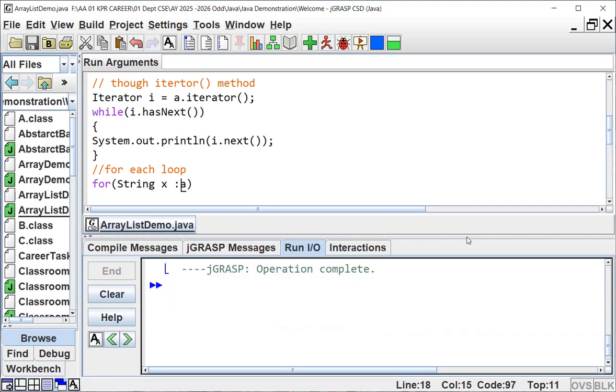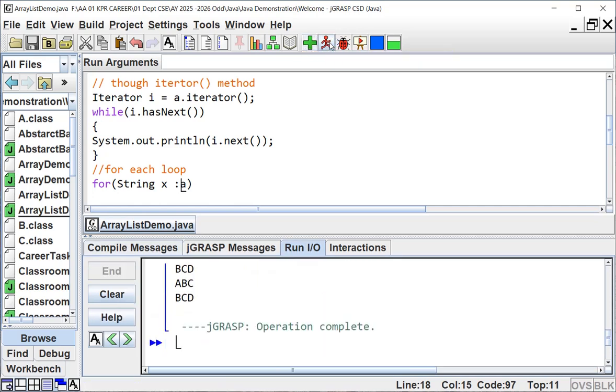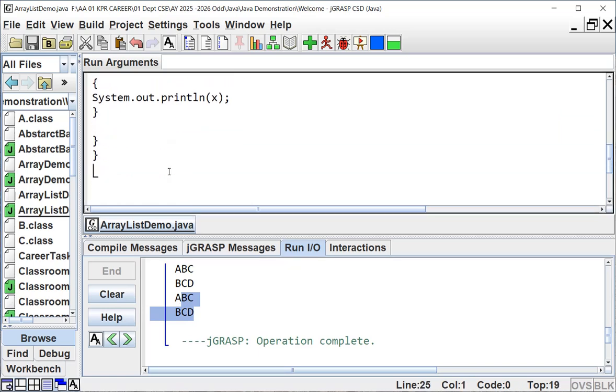So you can see the values here. Compile it, print it. Okay, you can see these four items. For the first two items printed over the iterator method, the second two items printed over the for each. And what could be the third method? The third method is now,